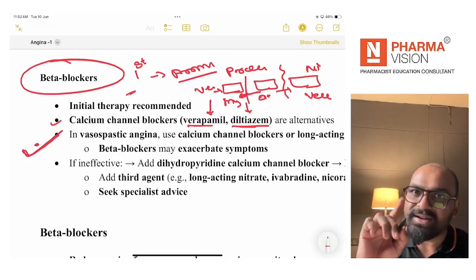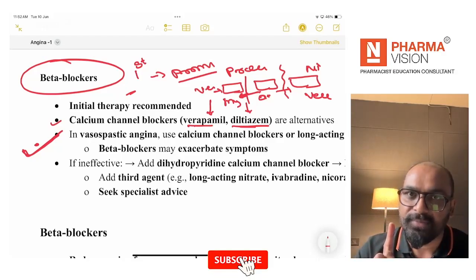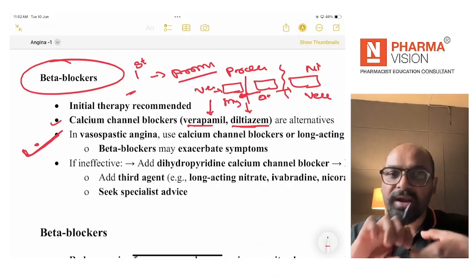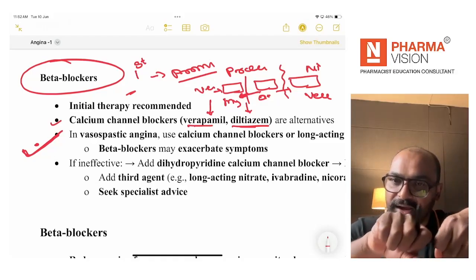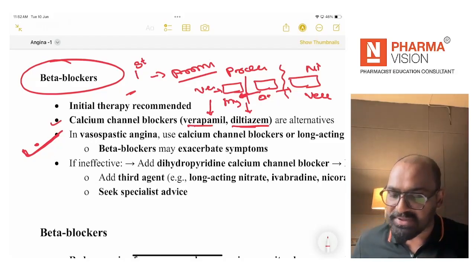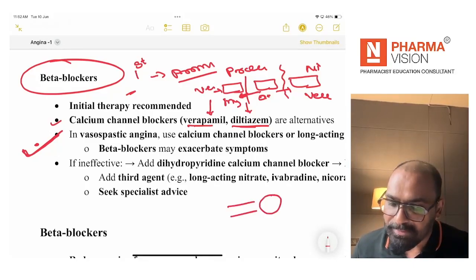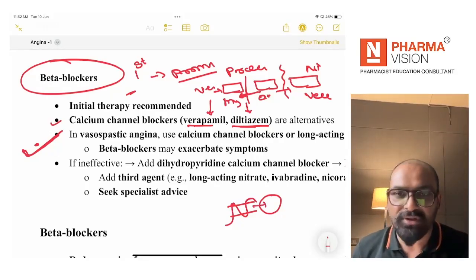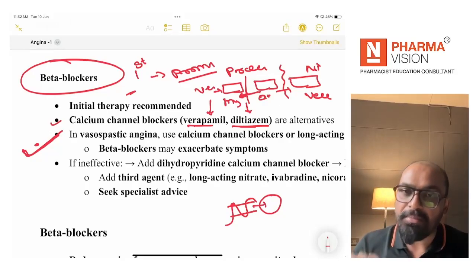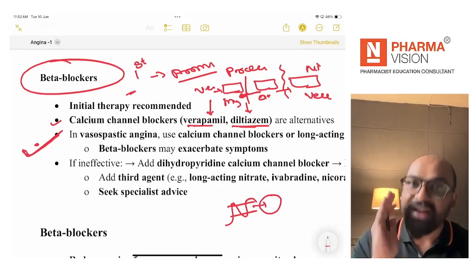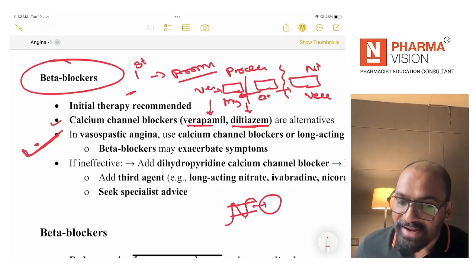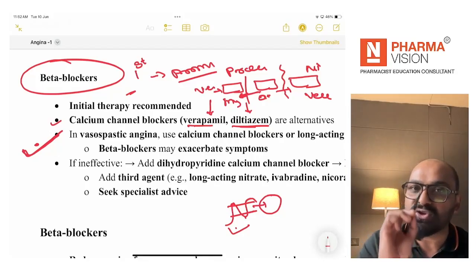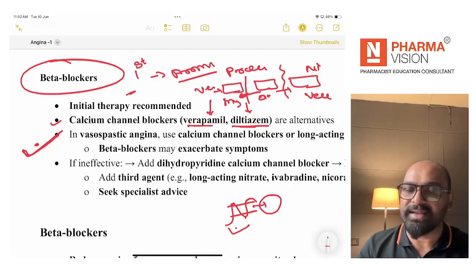अब मैंने पहले क्या बोला कि बीटा ब्लॉकर्स आर कंसिडर्ड एज अ फर्स्ट लाइन ट्रीटमेंट फॉर एंजाइना, लेकिन अगर वेजोस्पेस्टिक एंजाइना है, मतलब जिसमें कोरोनरी आर्टरी में स्पेजम आ जाता है, तो वो ऑक्सीजन का सप्लाई तो नहीं कर पाएगी ना। तो इस तरह से स्पेजमेटिक सिचुएशंस आ गई तो मायोकार्डियम को ऑक्सीजन नहीं पहुंच पाएगा। इस सिचुएशन में बीटा ब्लॉकर्स नहीं देना है, क्योंकि बीटा ब्लॉकर्स कैन वर्सन दिस सिचुएशन। तो आपके एग्जाम में क्वेश्चन आ सकता है कि वेजोस्पेस्टिक एंजाइना में विच ऑफ द फॉलोइंग मेडिकेशन शुड अवॉइड।